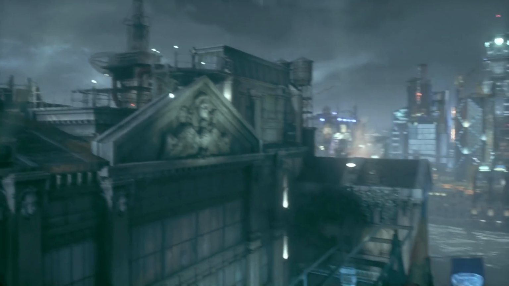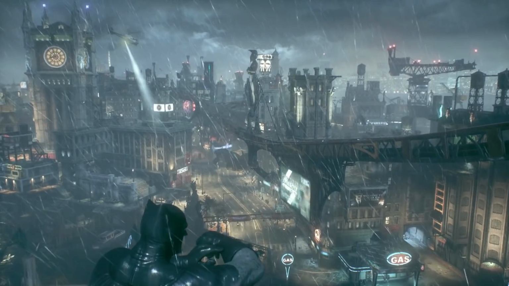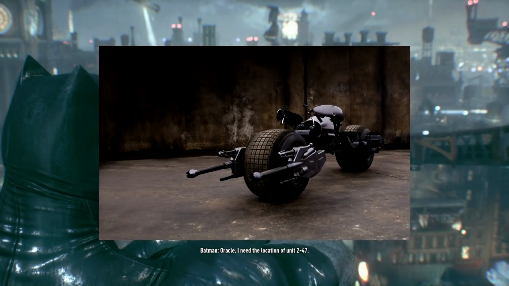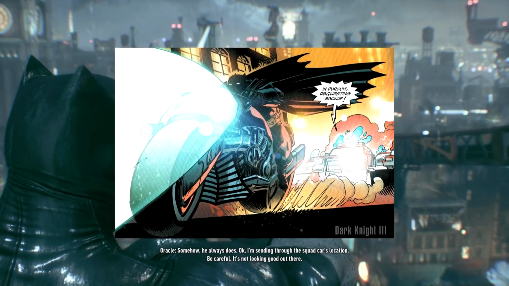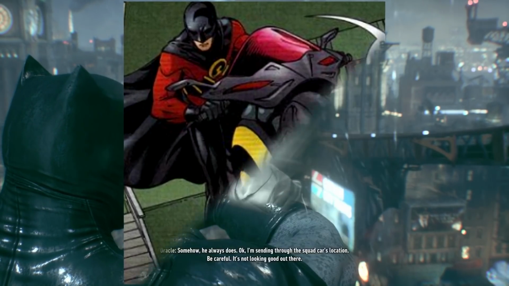Like, for example, you could have the Batmobile. I'm sorry, the Batbike from the Dark Knight, of course, the Dark Knight Rises and Dark Knight movies. Or you could have one from just the regular comic books, just a regular Batbike. Or if you wanted to, you could have like a Robin Batbike. There's so many customizable things that you could do with it, but I kind of want it to be like